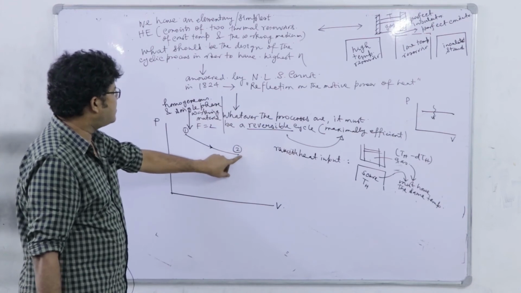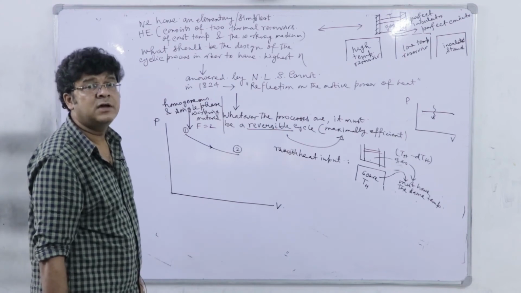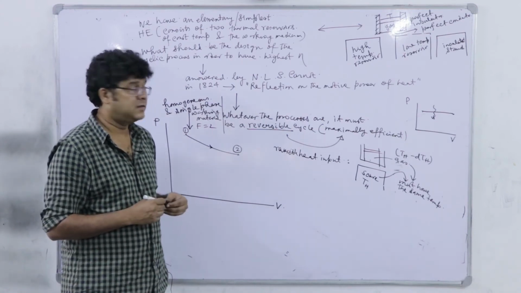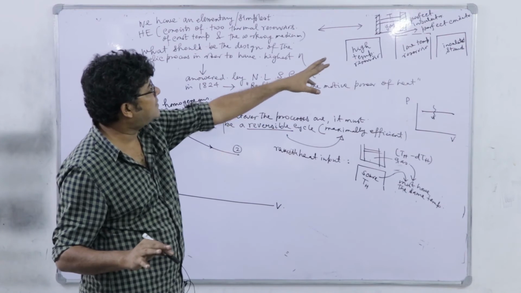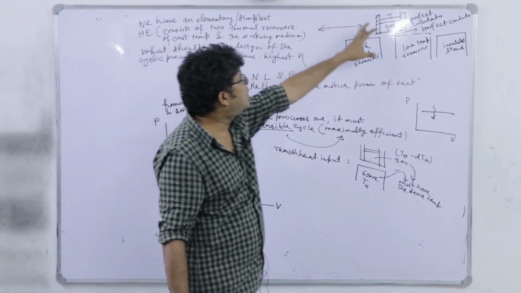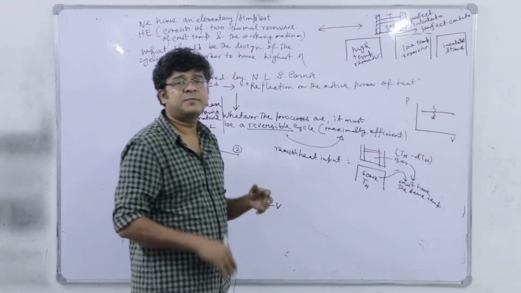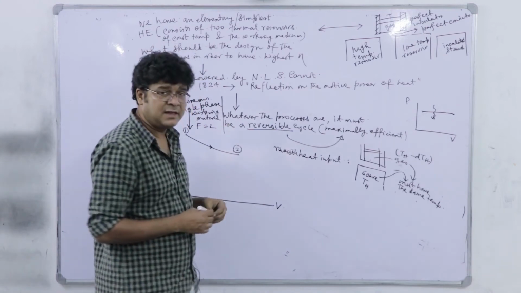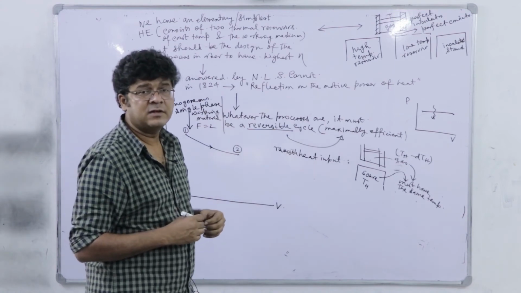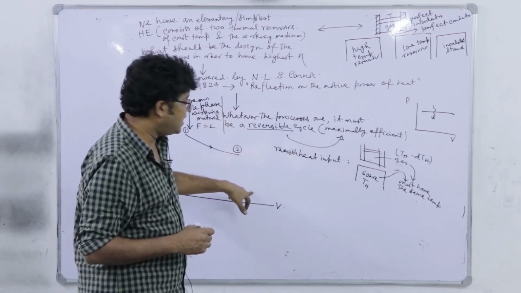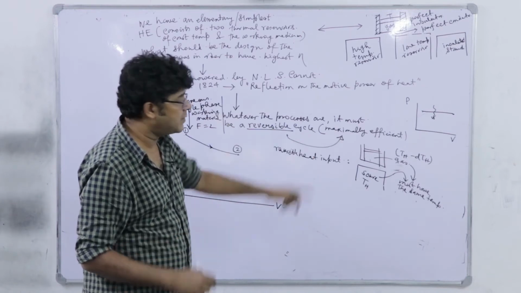Next, from here, again by an isothermal process, we cannot reject the heat, and we have to reject the heat to a low temperature reservoir. So you have to reduce the temperature of that system, and we don't have anything else except an insulated stand. So we'll put it here, and we'll allow the medium to expand further, right? Which means we have to go for an adiabatic expansion, which we will allow until the temperature of this working medium drops to the same as that of the temperature of the sink.